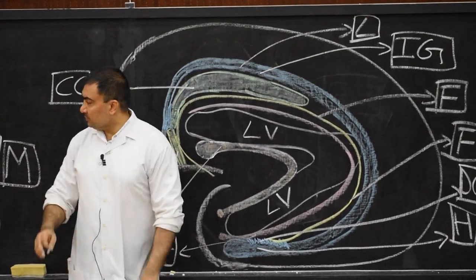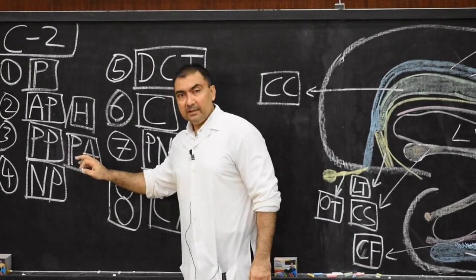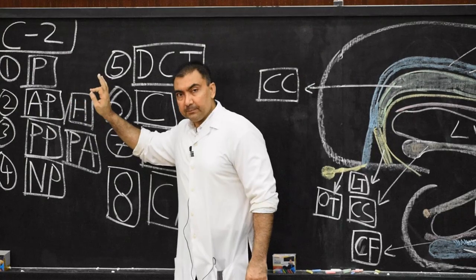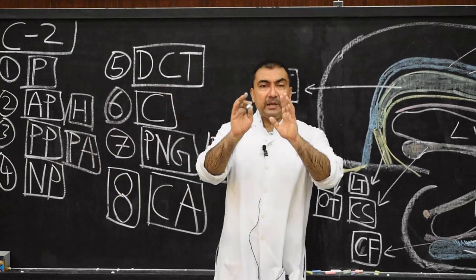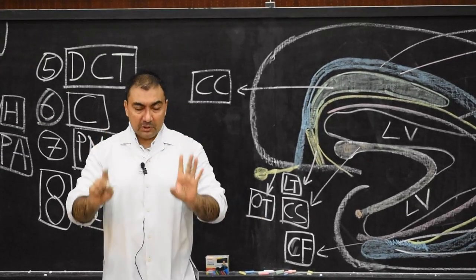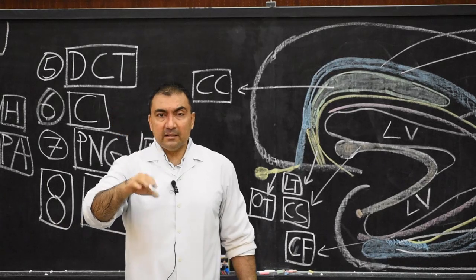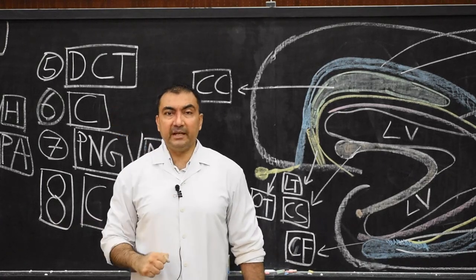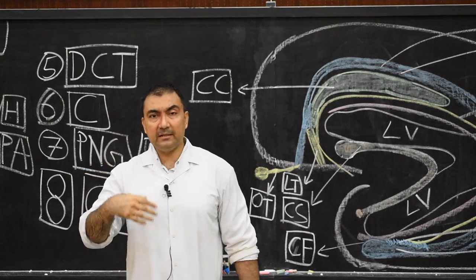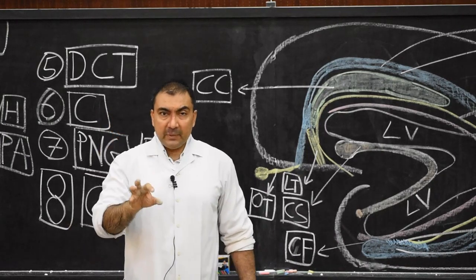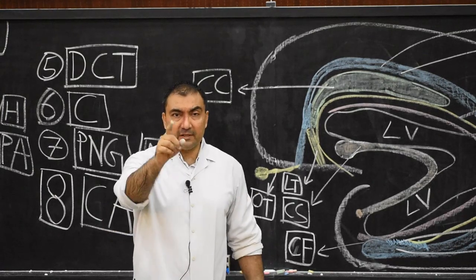Now we come to point number 3, paleopallium, the piriform area. We have discussed archipallium and hippocampus. Now paleopallium, the piriform area. In paleopallium, we just need to write 2 important points. The entire tissue which lies just outside the corpus striatum. Remember corpus striatum development in part 1 of the cerebral hemisphere. So the entire tissue of the pallium which lies outside the corpus striatum will now differentiate into the piriform area.